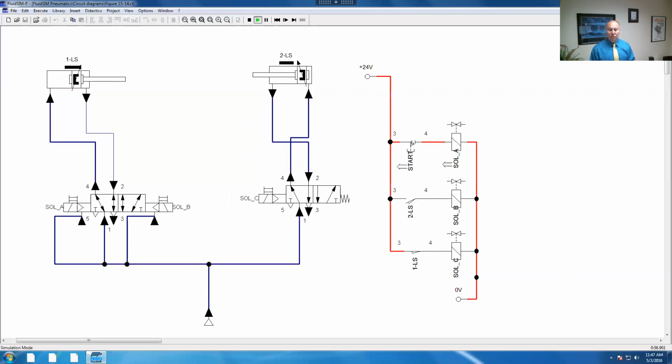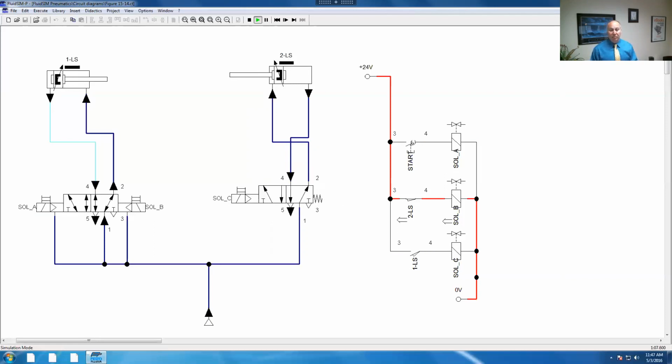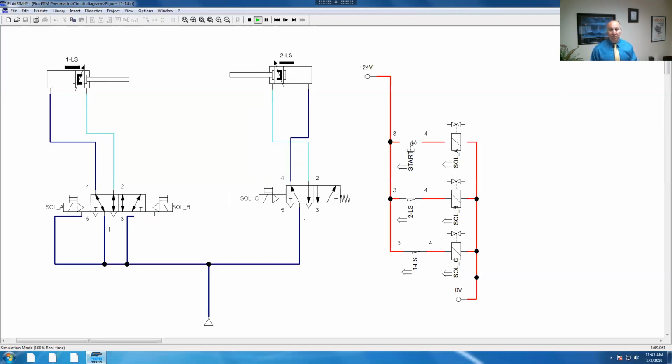I just push the start button, and once again the cylinder to the left extends, followed by the cylinder to the right. And then when I let go of them, they both retract. So that's pretty much the operation of the circuit